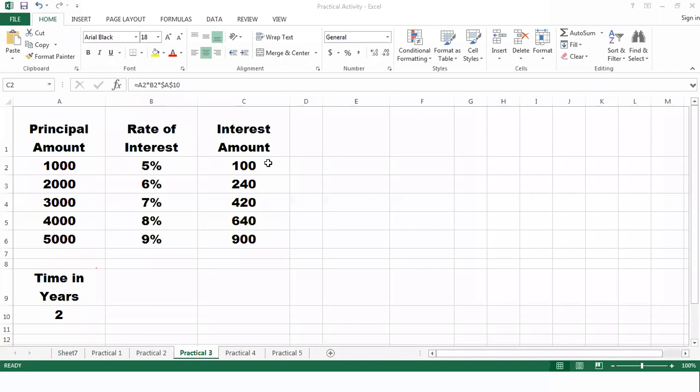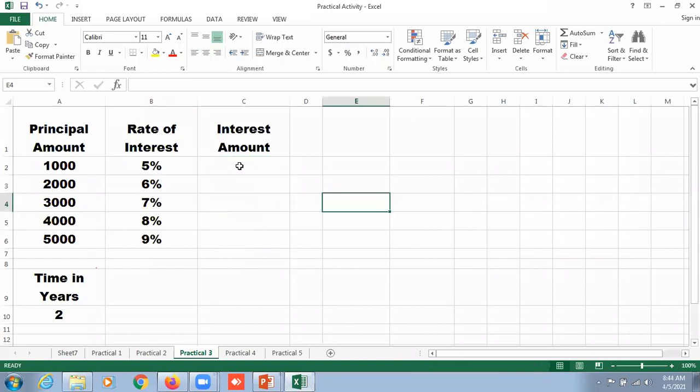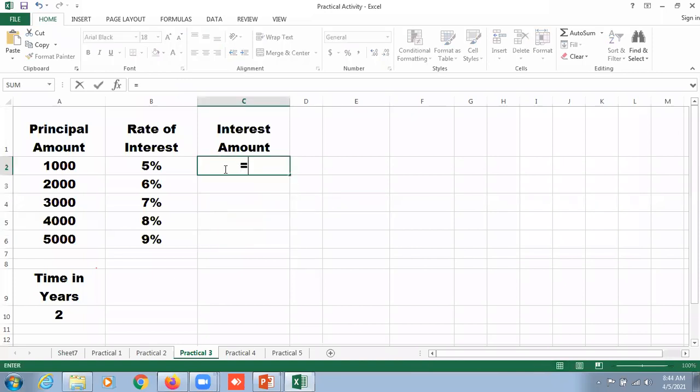Okay, Simran says, sir, please explain again. Okay, Simran, no problem. Kindly watch it again. I'm just going to delete this one. My dear respected students, equal to symbol. Very good. I'm just going to click here and apply a product symbol. Again, here it is applying a product symbol. Because I have only one time for all the different amounts, I'm just going to click on enter. The interest amount is going to be displayed here.